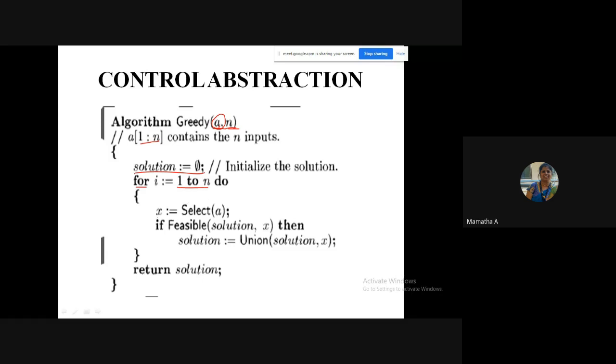Now just tell me, what is this line doing for me? X equals select A. Can anybody guess what the select method or select function is doing for me? What does it do, students?